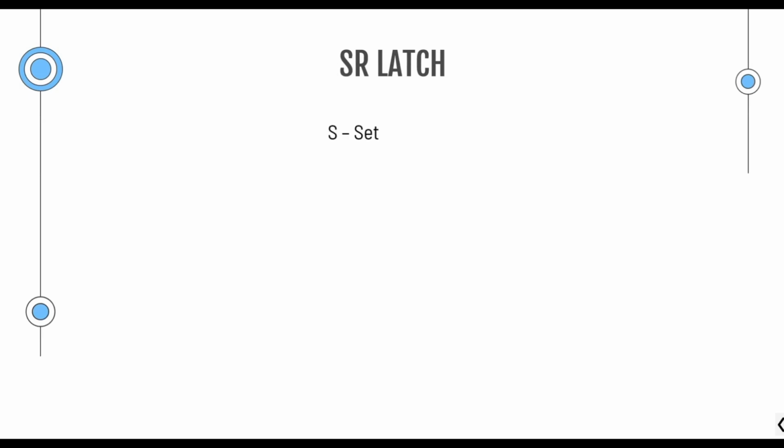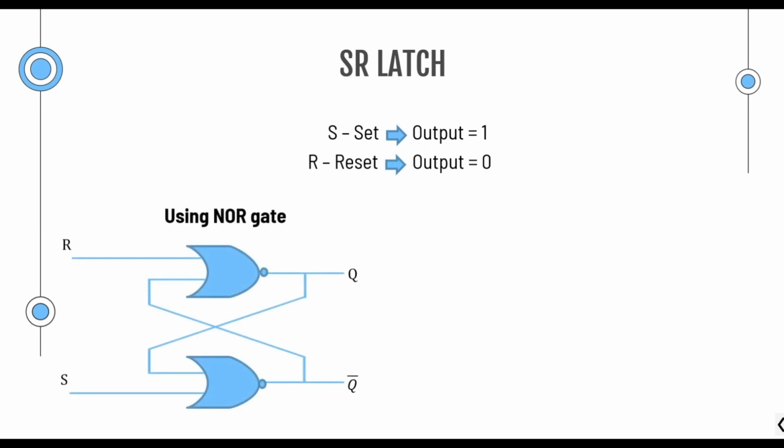Simply, S means set, and the set state makes the output 1, and R means reset, and this reset state makes the output 0. We can simply design an SR latch using NOR gates, and this is called an active high SR latch. It contains 2 NOR gates and there are 2 inputs, R and S, which mean reset and